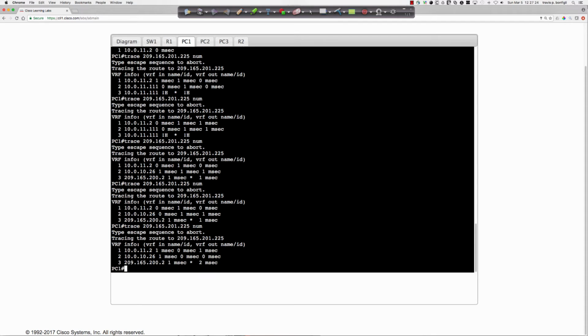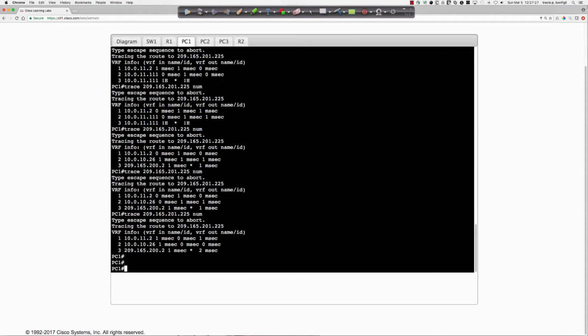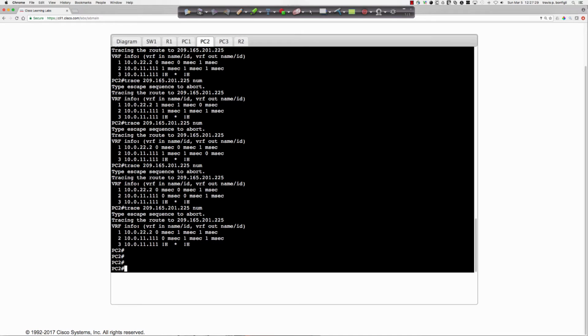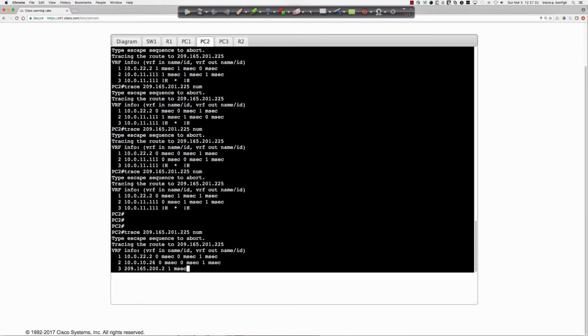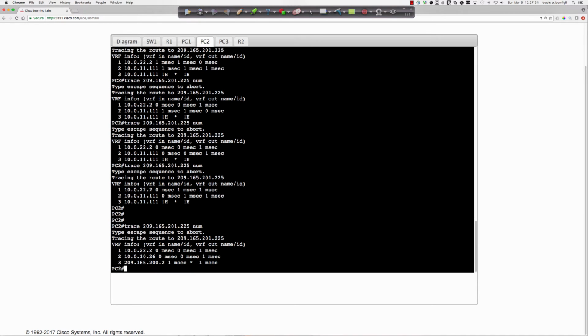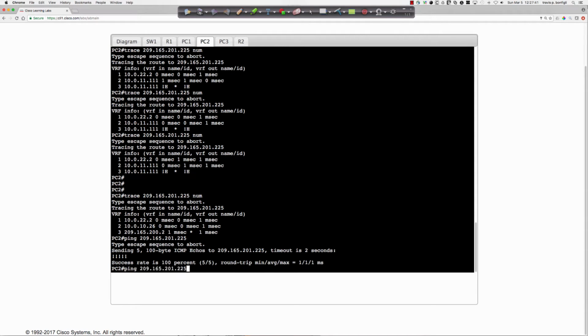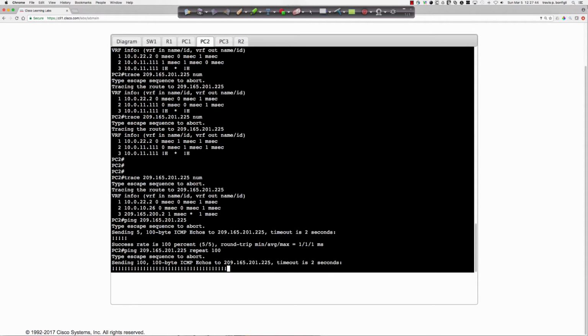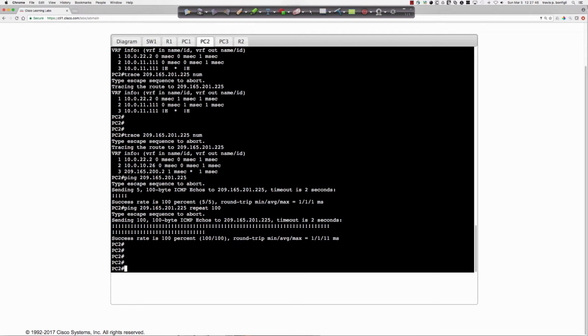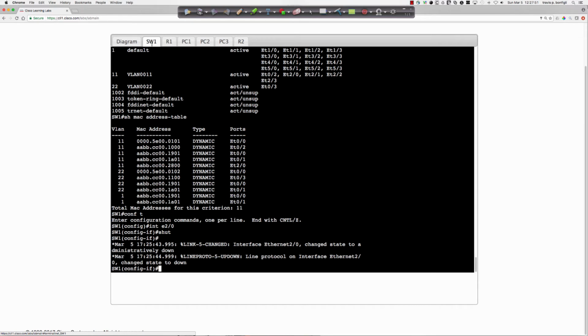So we've got, and let's make sure PC2 is functioning properly. Okay, and PC2 is working, and we are going out gateway 1. If I was to ping 209.165.201.225, and this is going to work. If we can trace out, odds are we can ping out, even if I was to repeat it a few times. Okay, so shutting down, so there's obviously an OSPF router on this interface Ethernet 2.0 that is not documented,